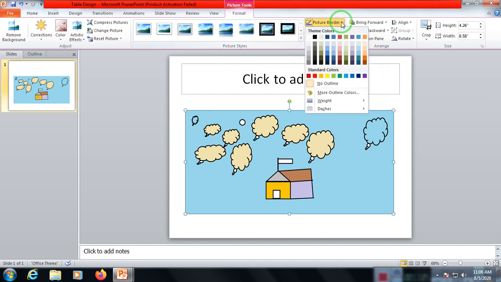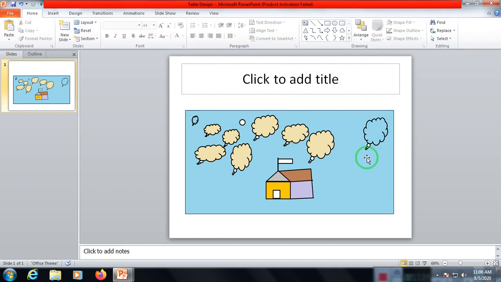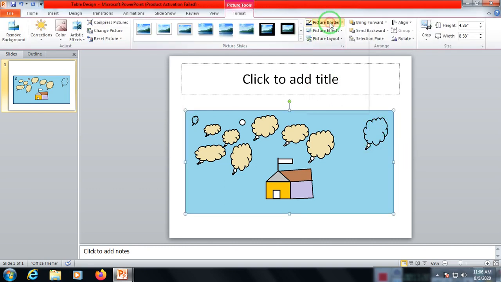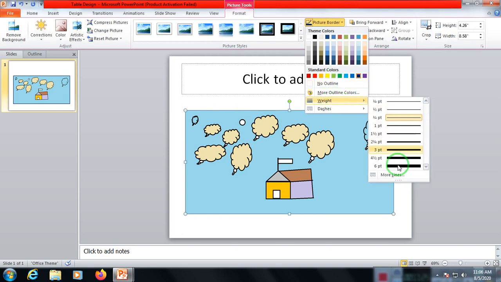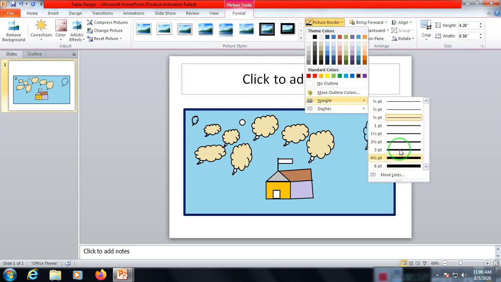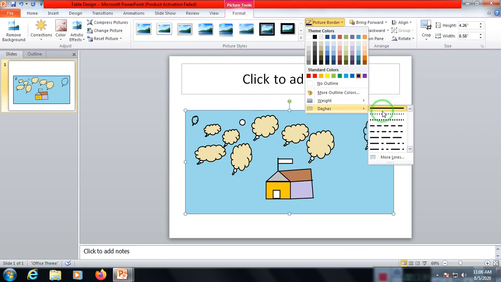Picture border. In picture border, we can define which type of border you require. Suppose I require a black border, so we can go for black. So there is a black border on this picture. Now I want to set some more weight, that means I require a thick border or a thin border, or a dashed border.